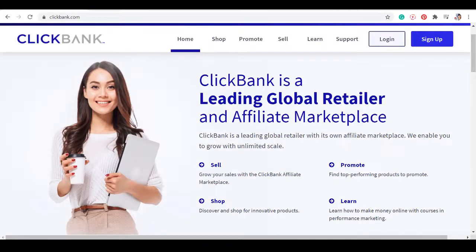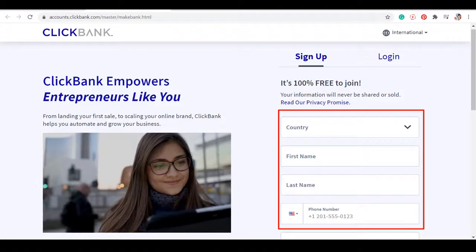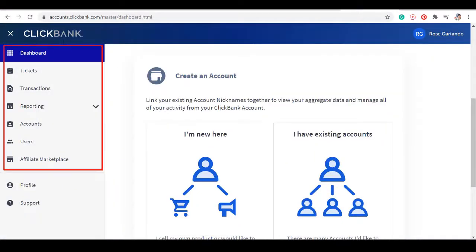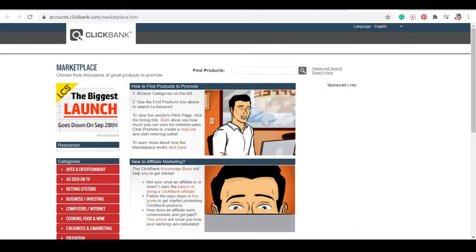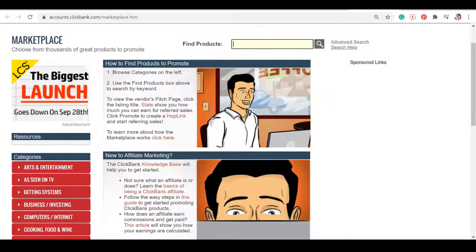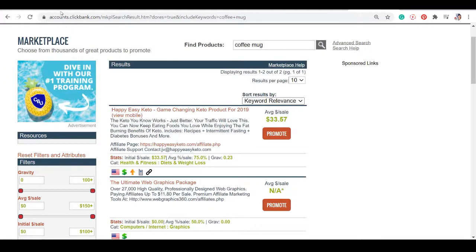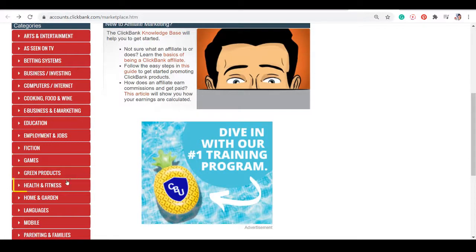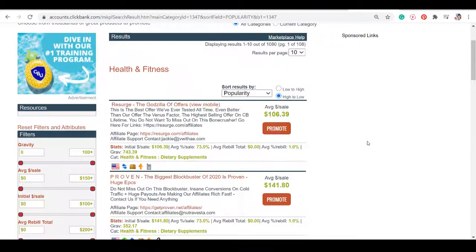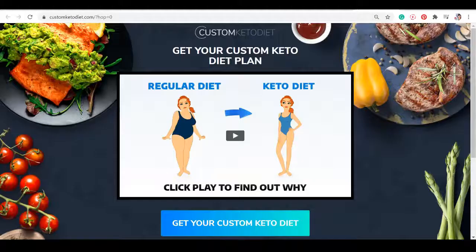You can sign up for a free account on ClickBank. Just fill up the details, and on your dashboard, you will see more tabs, and you will find the affiliate marketplace here. The marketplace is where you can find and choose multiple products to promote and earn money from the products sold using your affiliate link. You can browse through the categories available here and choose the product from your chosen niche. If you click on the product link, you will see the exact page that people will see once you share